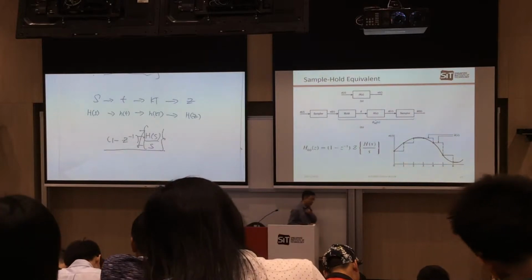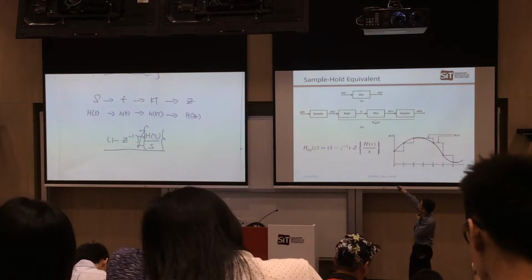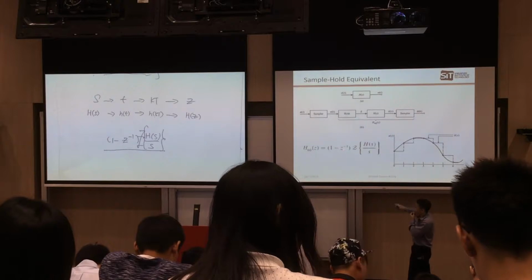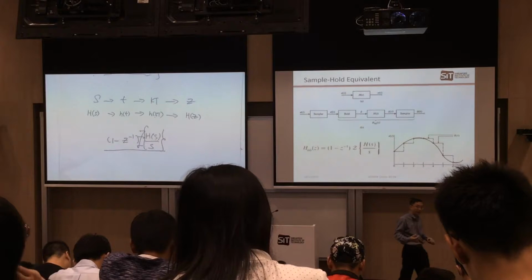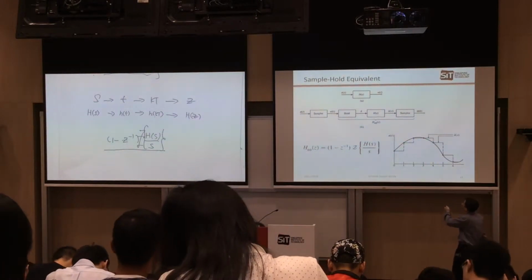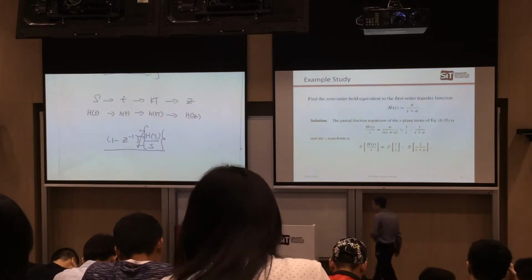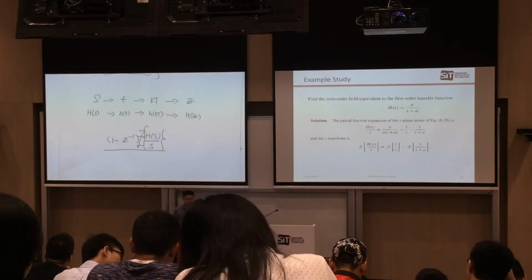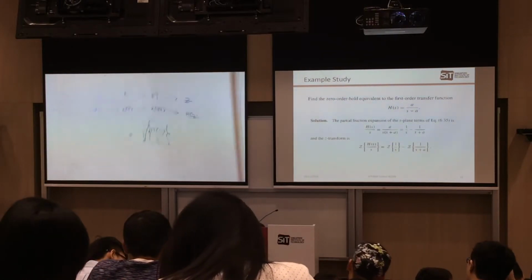So basically, for the zero-order hold method, you have your continuous HS function, you divide by S. Then you multiply with your 1 minus e to the power of minus sT of this one. Okay, how this one has been defined, we have discussed two weeks ago, right? Now this one we will show you the so-called equivalence. And for the same case, the same low-pass filter. So what is the equivalence? If we are adopting the zero-order hold method,